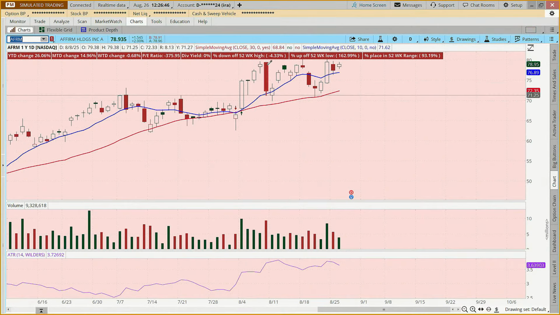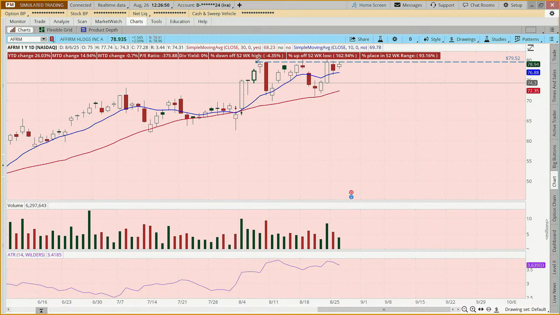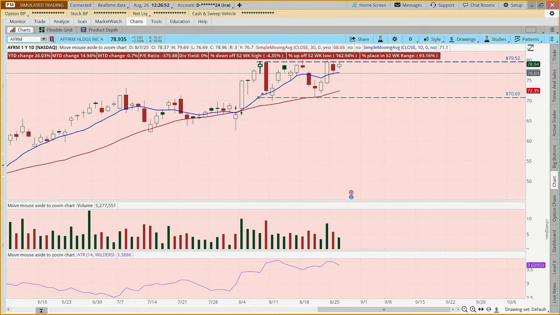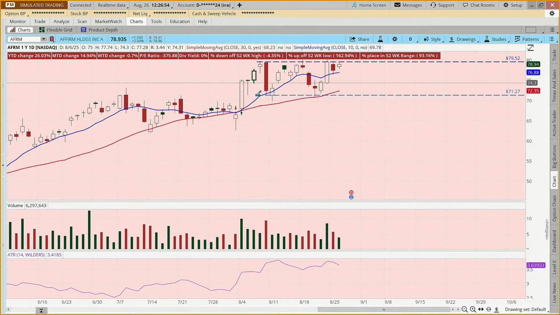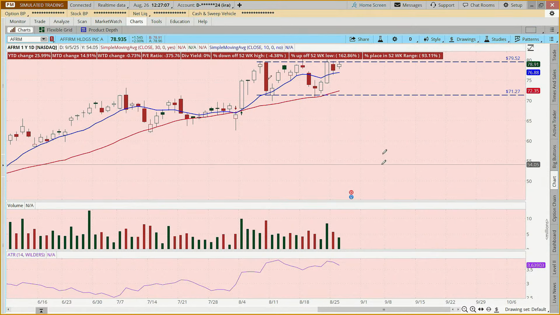So now we see consolidation happening again, at around the 80-ish dollar mark. And I tend to nip off the wicks, in 71. But it hasn't broken out either to the upside or to the downside yet. So it could be a double top and about to break down. Or I guess if it comes down and then breaks down, it would be a triple top. Do you see what I'm meaning?